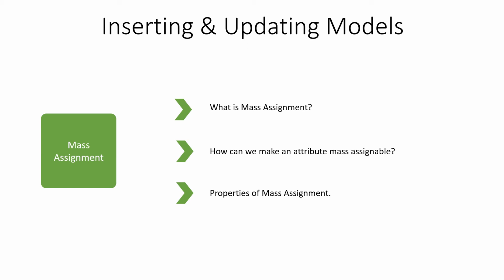A mass assignment vulnerability occurs when a user passes an unexpected HTTP parameter through a request, and that parameter changes a column in your database which you do not expect. For example, a malicious user might send an isAdmin parameter through an HTTP request, which is then passed into your model's create method, allowing the user to escalate themselves to an administrator.